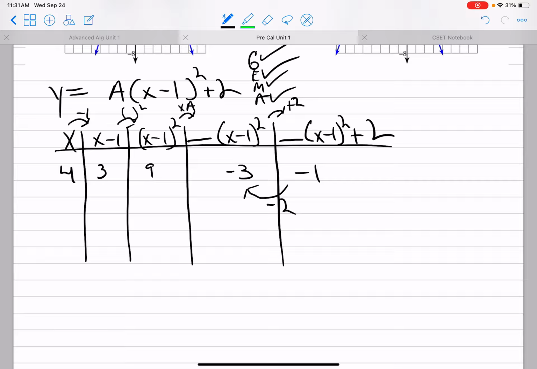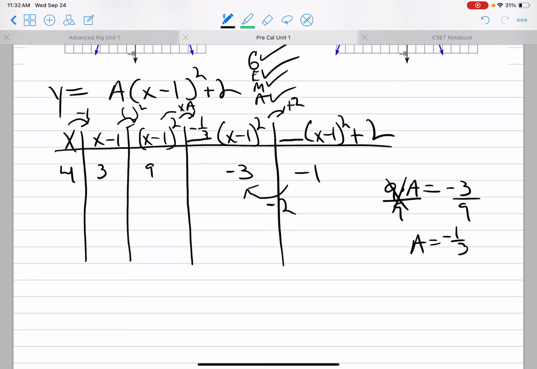So now I see here, I have to go from a 9 to a -3. So 9 times a, right? 9 times this a is going to have to equal -3. All right? So divide by 9, divide by 9. A equals